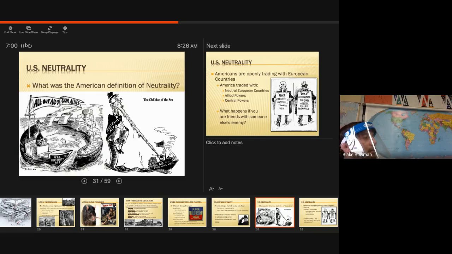Old Man and Sea. That would be included. What's that? That, like, the US would be included. Okay, yeah. So the small boat's trying to pull the United States into it, but the beard's kind of holding it back, right? It looks like the old man's just waiting. He's just like, you know what? I'm just going to sit on this edge yet. I'm not ready to get fully involved. And it's kind of holding the ship back from actually getting to its destination, helping the Allies succeed and win this war.